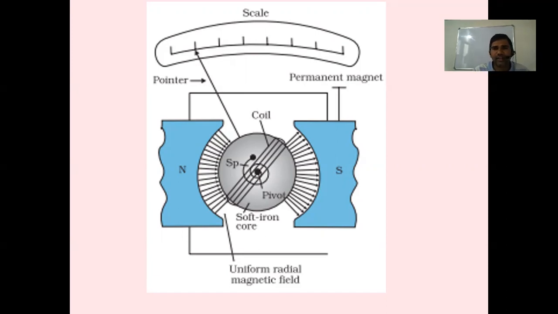First let us try to understand what is this galvanometer. Galvanometer is an instrument which is used to detect a very small amount of current, or the presence of current can be identified using a galvanometer. But in our day-to-day life, we have to find several values of current like amperes, milliamperes, etc. So this galvanometer directly cannot be used. We can convert this galvanometer into an ammeter. Similarly, this galvanometer also can be converted into a voltmeter. In this video, we will learn about that.